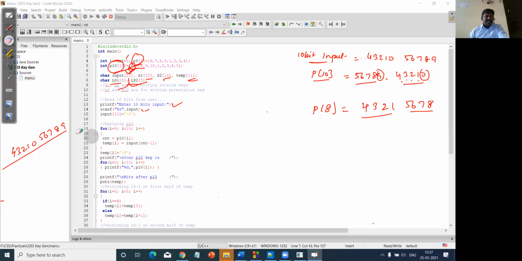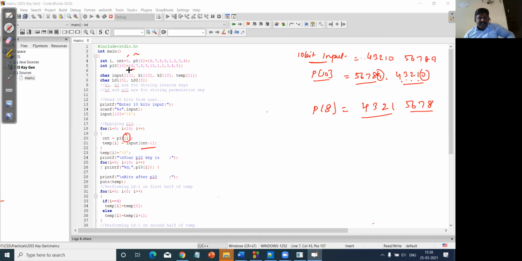I'll erase some portions, I can repeat it, right? Now, whatever value I am going to pass depends upon the corresponding position which I have, based on my definitions, right? The sixth value here is written as 6, right? So why this cnt minus 1? So here, whatever value I am going to have